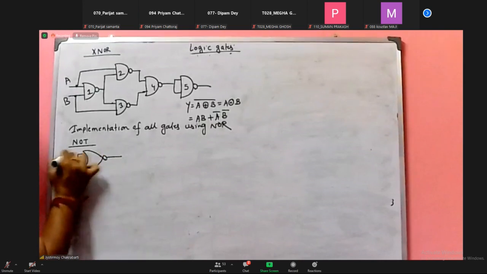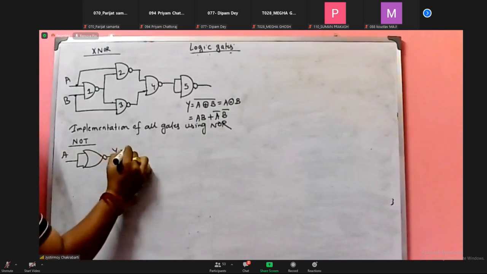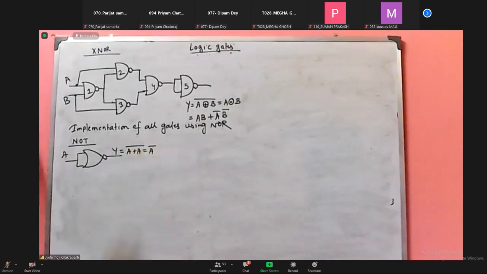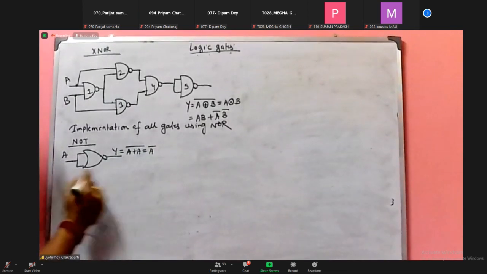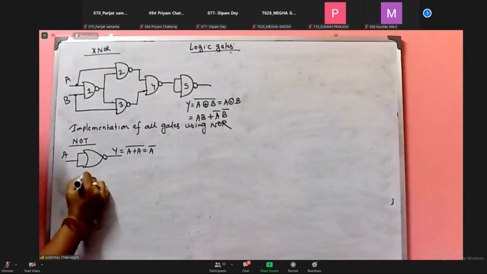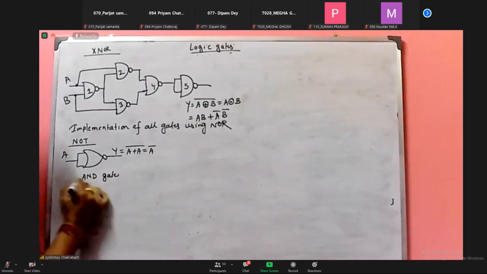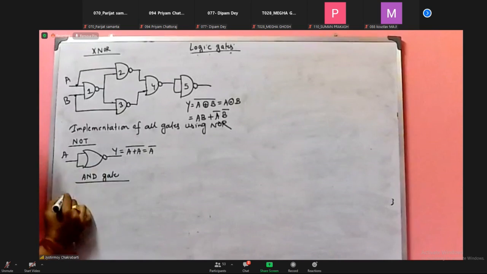You can have NOR gate. Okay, AND gate. Using this concept,